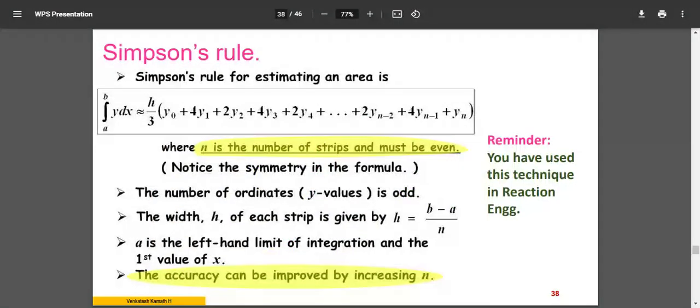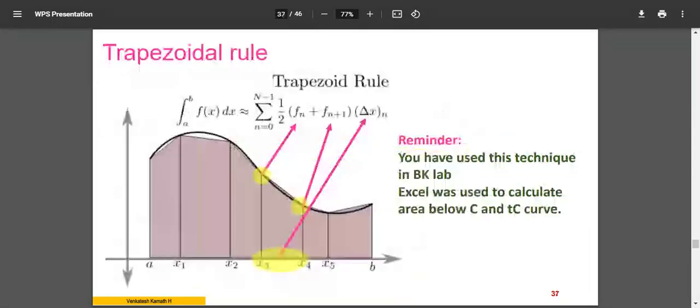Even if you get one, you get an idea how to solve it. Simpson's 1/3 rule. There is one more, the 3/8 rule, also there. You can learn it. You have already come across numerical methods, so you can use the 3/8 rule and the 1/3 rule. Another is the trapezoidal rule. Now I'll explain the trapezoidal rule, which is really helpful in most practical situations when you do the calculation on your own for certain things.